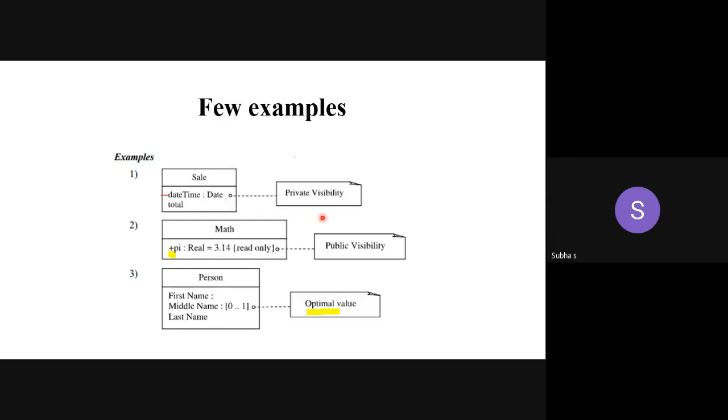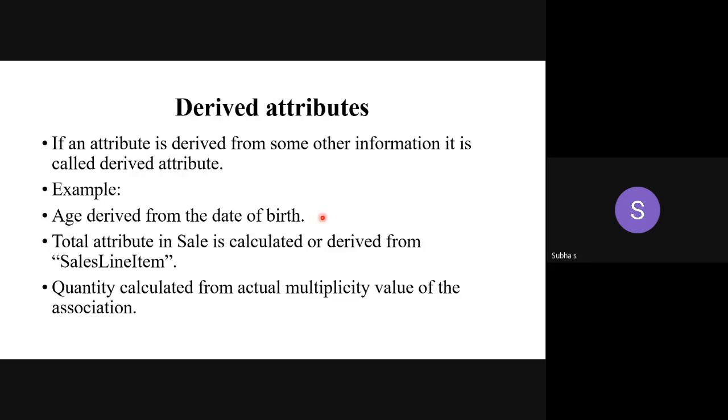That is most important. Now we are going to see a very important 2-mark and 4-mark question. Write a note on derived attributes. This question is often asked in the university exam. Derived attributes. In the name itself, we are getting the meaning. An attribute which is derived from some other attribute or some other information is called a derived attribute. We saw this in class also. What was that? Description class. Instead of mentioning all the attributes in a single class, I can have a separate class itself, a description class.